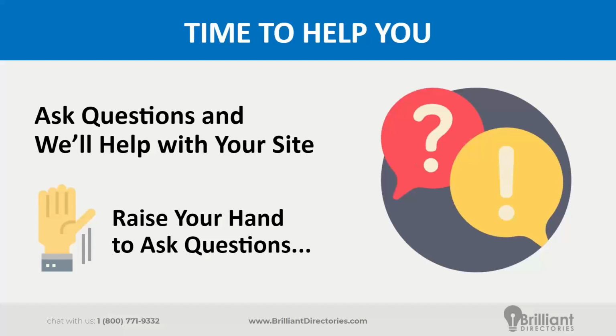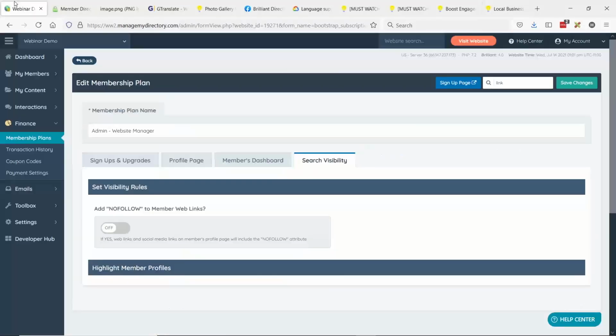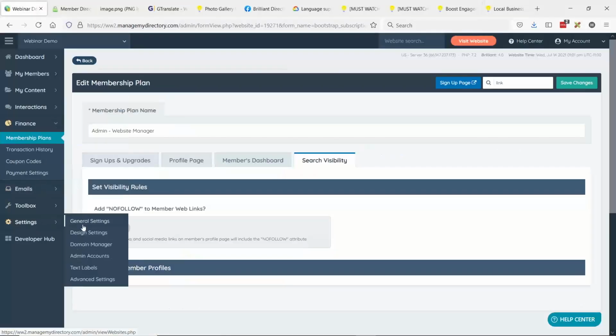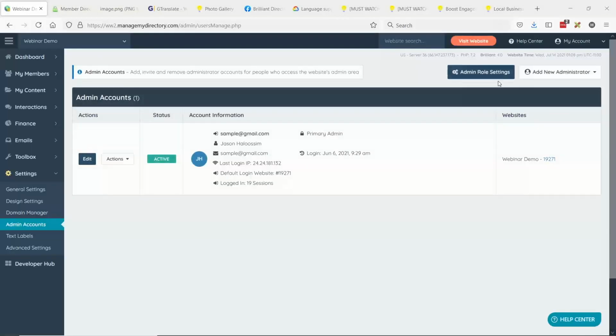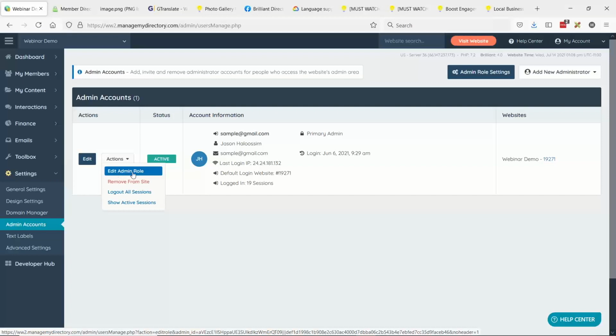On my website, I have a person that I want to be a rep and not show the finance on there. So when they log in, on the dashboard section where it shows you your finance totals, I want to be able to delete that so they don't see what we have. Okay, so what you can do is, I'm in the admin account section here. You can see the screen, right? Yes. So what you can do is, for your different users, under the actions, you can edit their admin role.